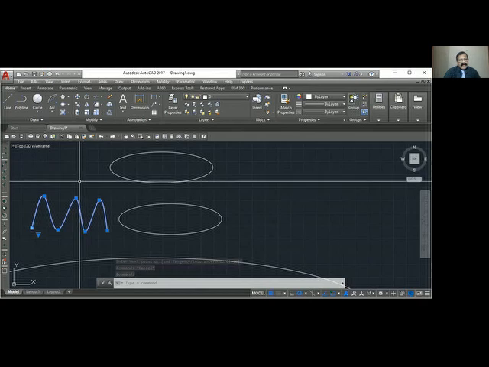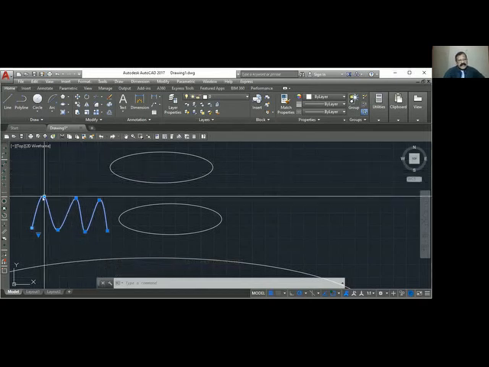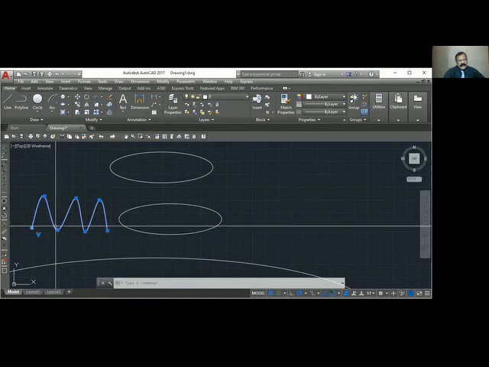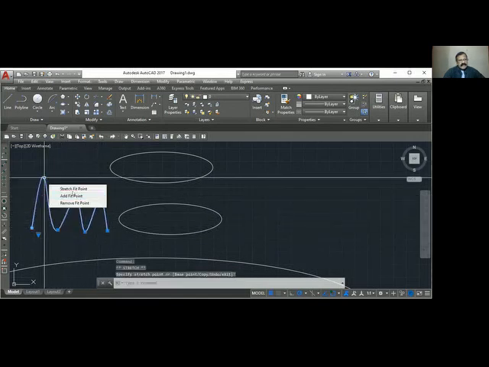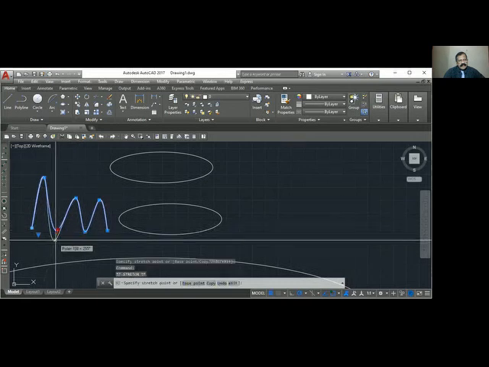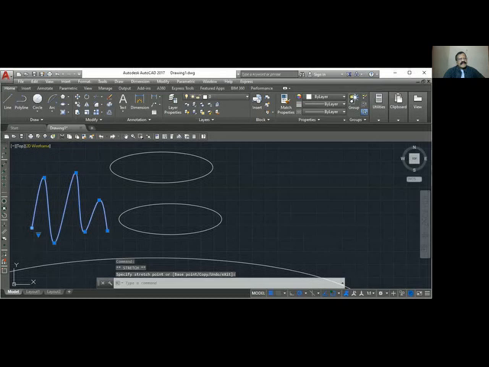Yesterday we were learning about pre-edit, where we got the fit curve. It is the same thing. This edge is made round. With the fit curve, we can adjust this. So it is very simple. Escape to cancel it.